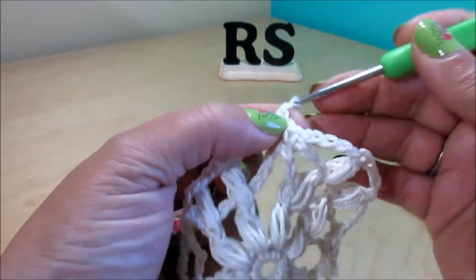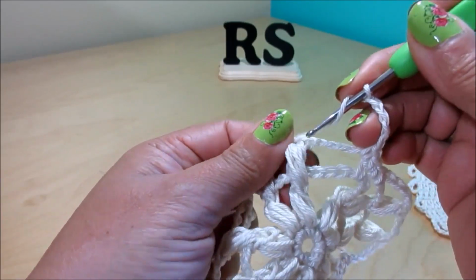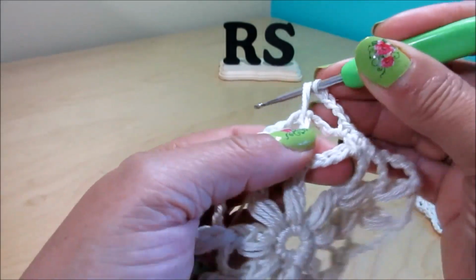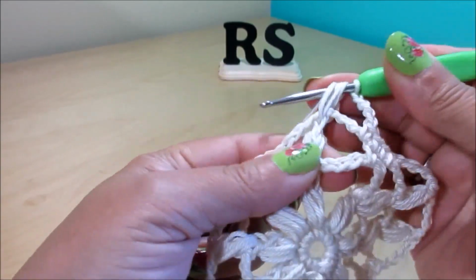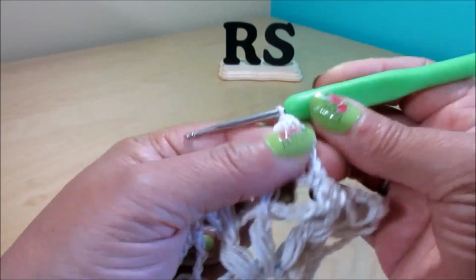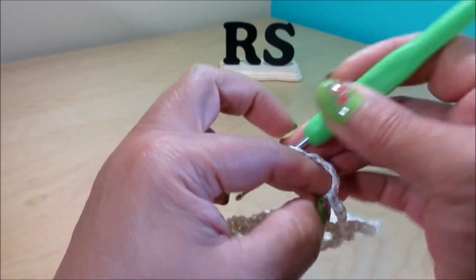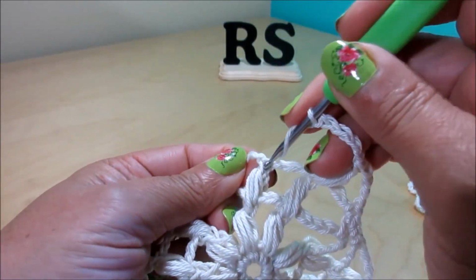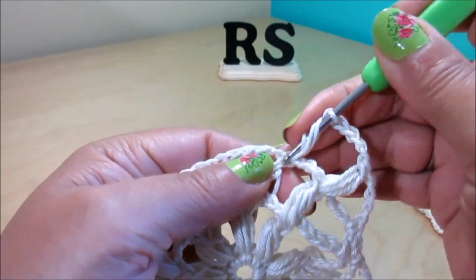Chain 5, 1, 2, 3, 4, and 5, yarn over, again in here you're going to do your stitch. You have 2, you have 4, yarn over, you have 6, you close those 6 with a single crochet in the top. Again chain 5, 1, 2, 3, 4, and 5, and you're going to do the stitch in here, and like this you're going to continue all the way around. Okay,